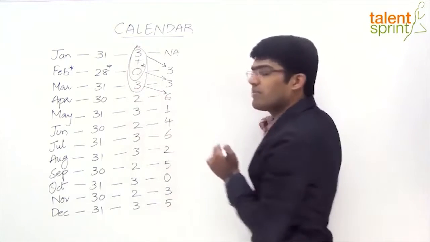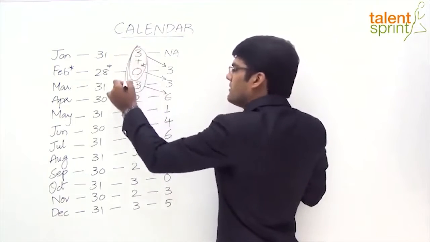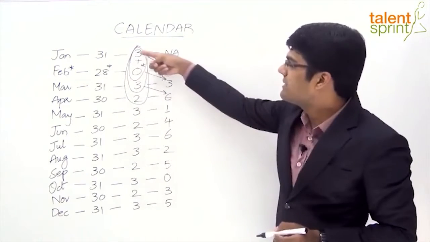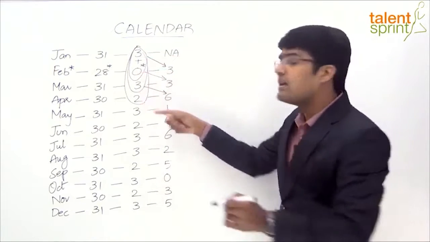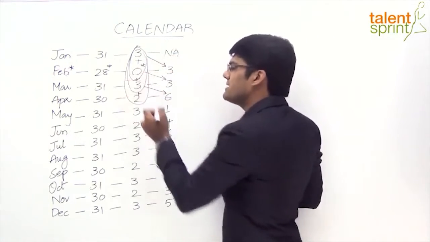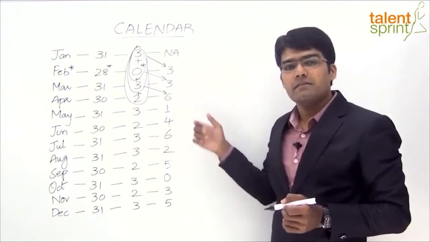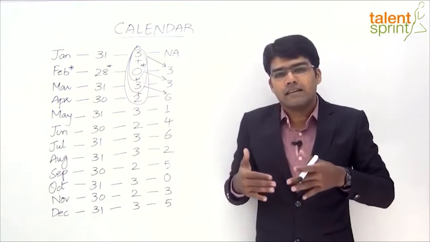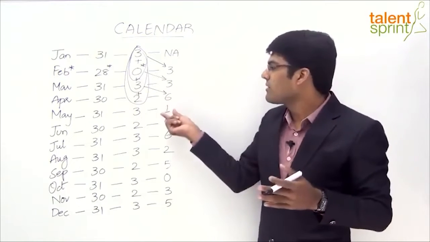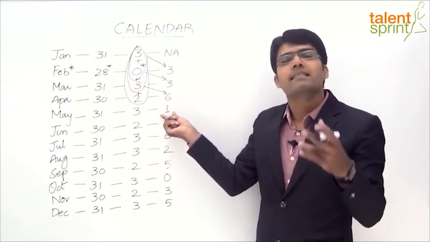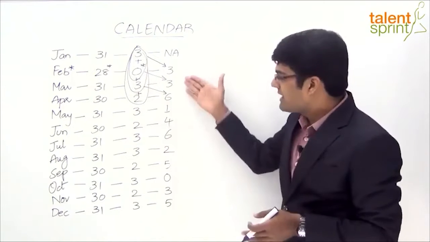Likewise for May, the total number of odd days for all the previous months is 1. From January to April, if you observe, what is the total number of odd days? 3 plus 0, 3, 3 plus 3, 6, 6 plus 2, 8. 8 odd days is equivalent to 1 odd day. So for May we have taken 1. The point here is, if we are calculating any date in May, for all the previous 4 months, the number of odd days is 1. And then take the date of May to find out the total number of odd days. So this way the calculation continues.